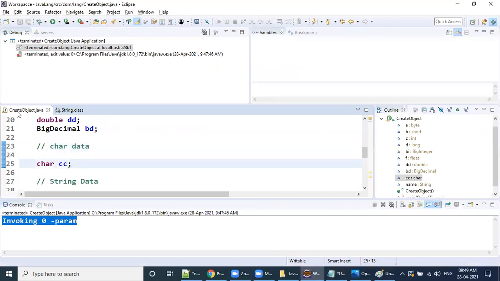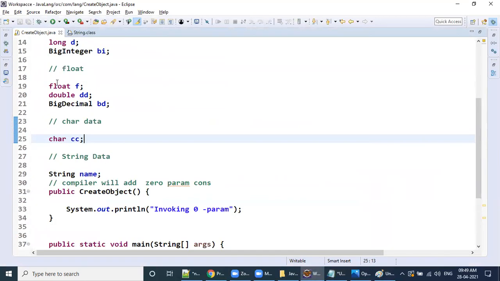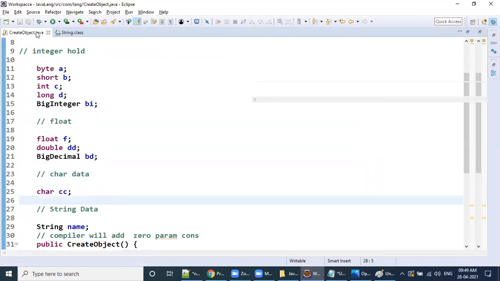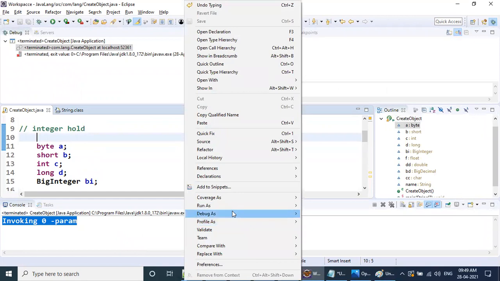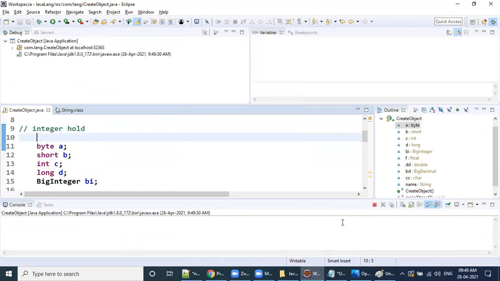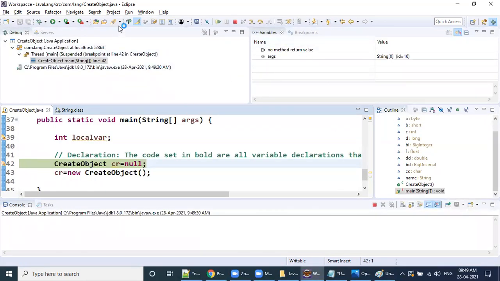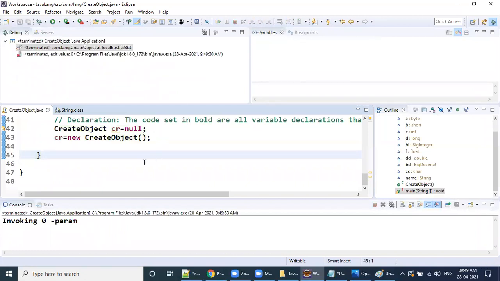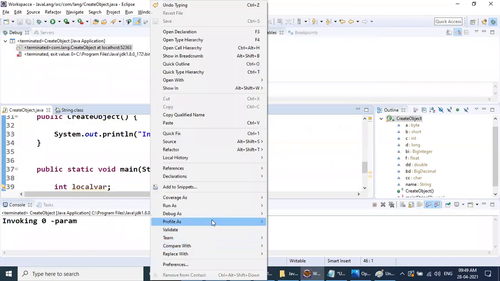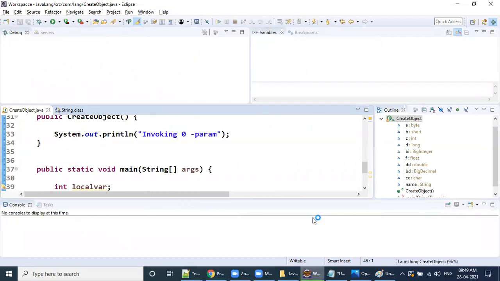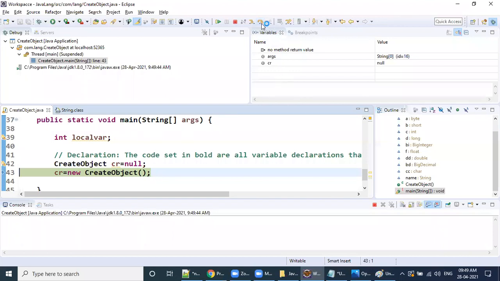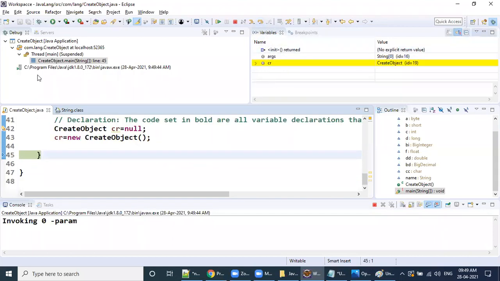Sir, I don't want to pass default values. I want my own values whenever an object is created. Debug as Java application. Now all my variables have default values.